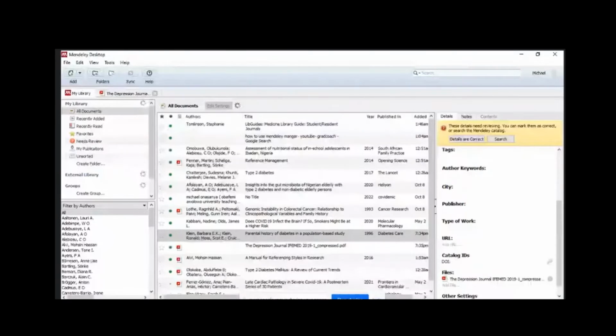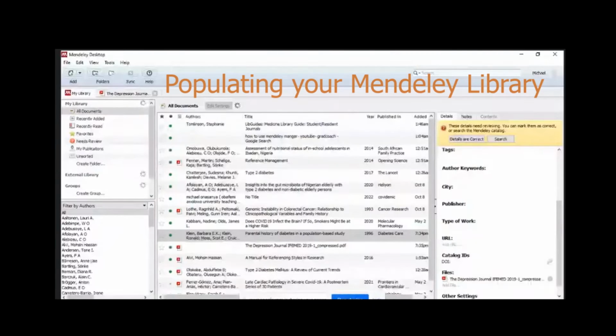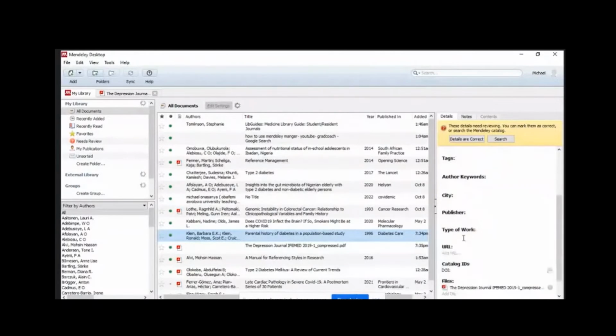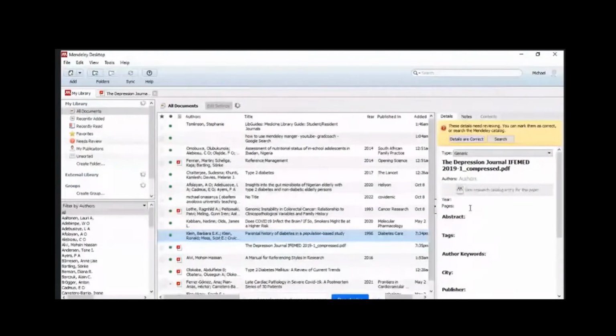I will go online. So if you click on this thing that I've downloaded, it's still loading. I think my network is a little slow. Assuming that it has finished loading, you will see it on the right hand side here. You can see the year of publication, the publisher, the type of journal it is, the tags, the URL.